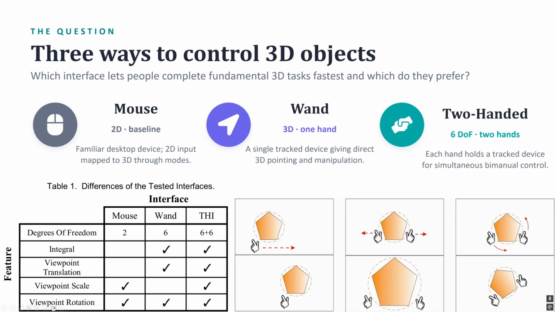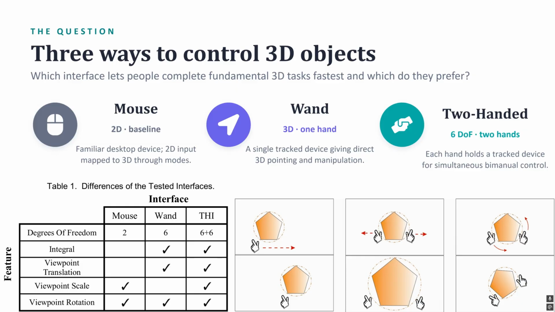So the study pits 3 interfaces against each other. The mouse is the familiar 2D baseline. There is a wand, which is a single tracked device held in one hand, giving direct 3D control. And the two-handed interface, which is the paper's actual contribution,